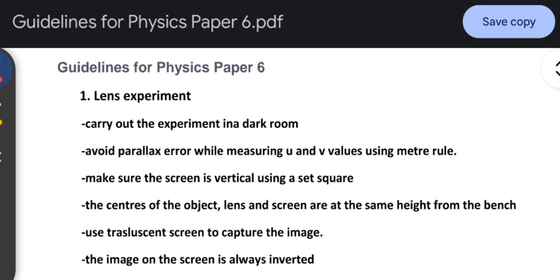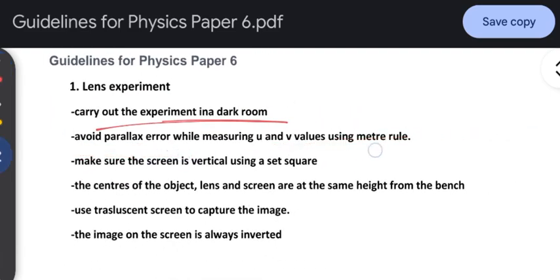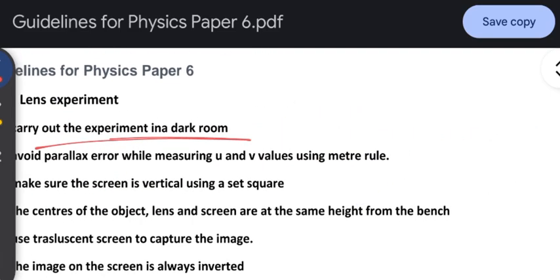For lens experiment, again, you carry it out in a dark room. Avoid parallax error when measuring the U and V values using a meter rule. So you should avoid parallax error. How can it be avoided? By keeping